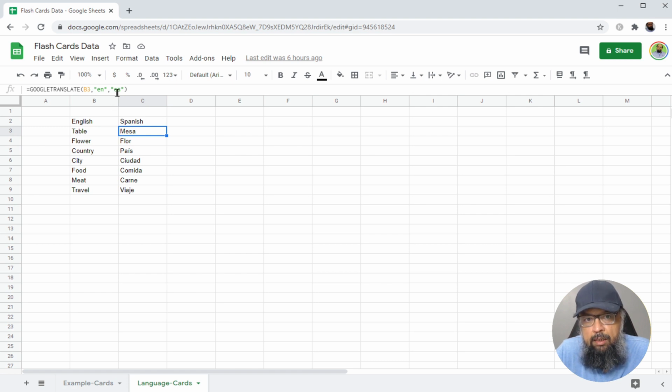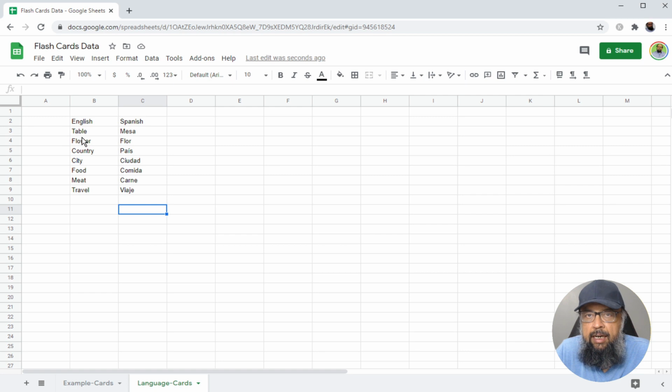So after a comma within the quotation marks, I have put these two. So this is the syntax of this formula: comma within the quotation marks, code for the language from, comma within the quotation marks, code for the language to, and it will translate this table into Spanish. Then you simply click here, and when you see this cross here, you click and drag, and the formula will be applied to all these cells, even if you have hundreds of cells. So this is how you can translate words from one language to another language,